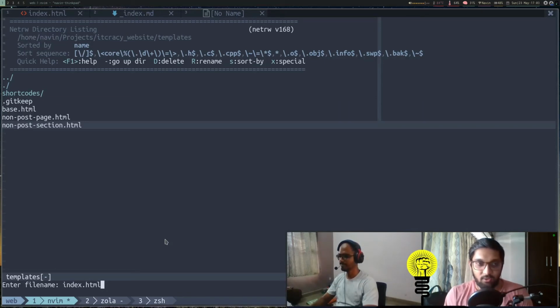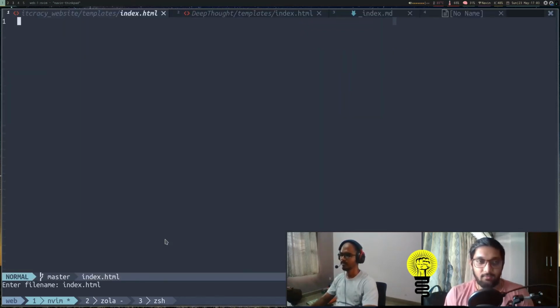Just as we created a base.html page to extend the base HTML, in a similar way we'll extend the index.html page by creating an index.html page inside our website's templates directory. Inside that, we will extend the index.html of our theme.